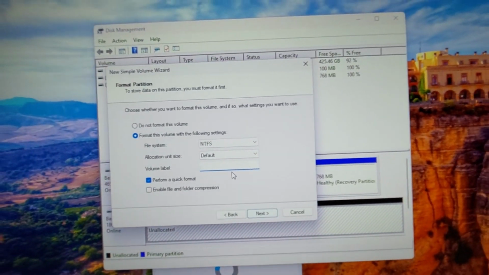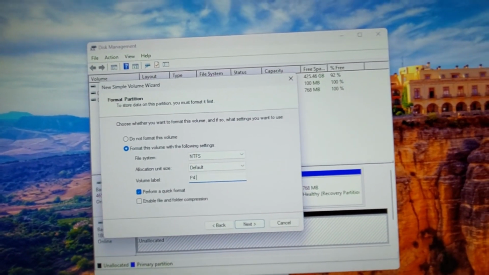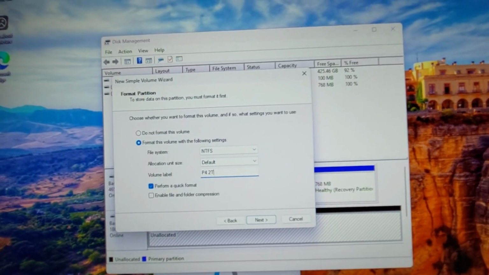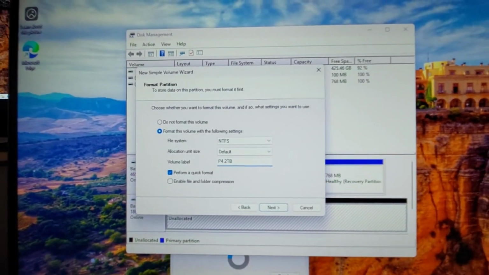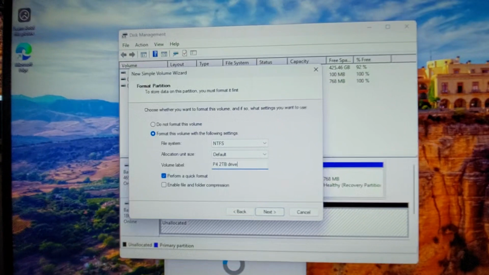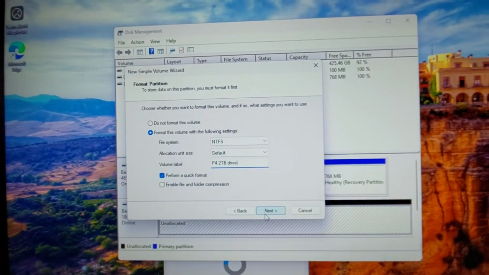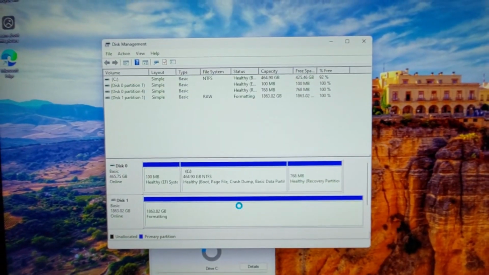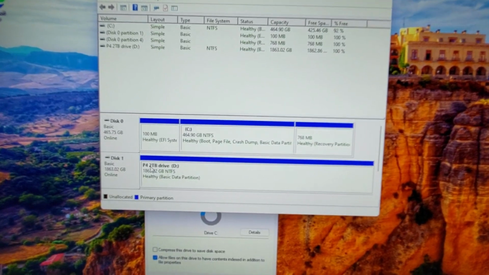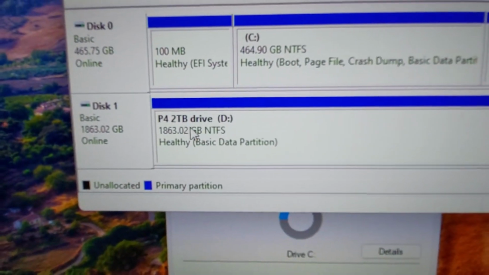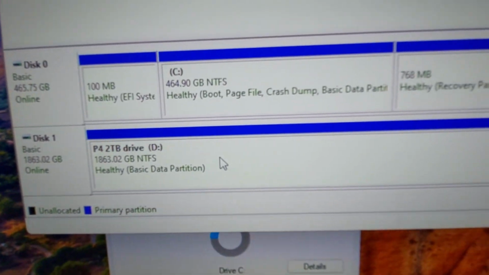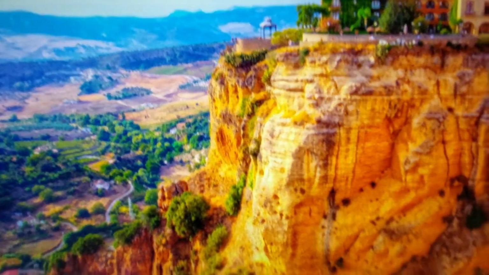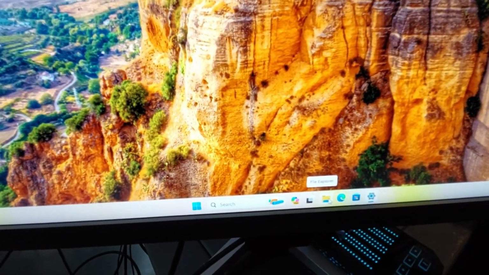So I'm going to call this my P4 2 terabyte drive, like so, and then click next, and then click finish. And that's it, it's done. You can see it's renamed it to P4 2 terabyte drive, so I know which one is now my other drive. So if I now go back here to my folder at the bottom, and then click on this,